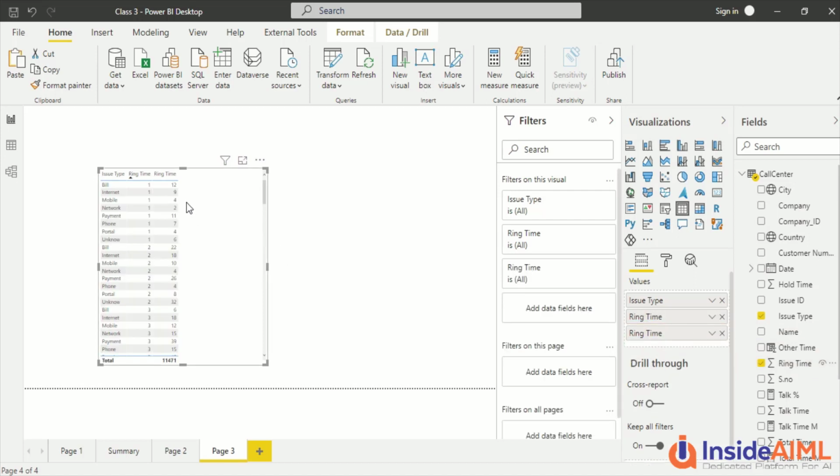Then to test it out, I dragged ring time one more time. Now you see there is a sum value coming in. Prior to that, it was also not coming twice. So by default there is a group by, or there is a distinct value. If you take two columns which are unsummarized, they are distinct. And the moment you take a sum, they will act as a group by. So don't expect Power BI to show you line level data. There is no visual for that here. You can add an index column, like we added in Power Query in the dimension tables or the master table which we created, and you can use that to display it.